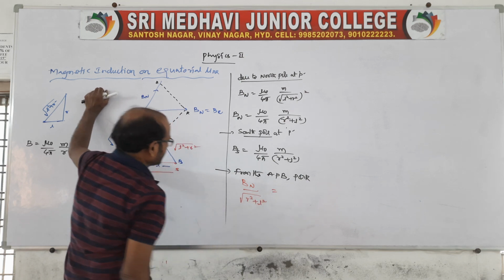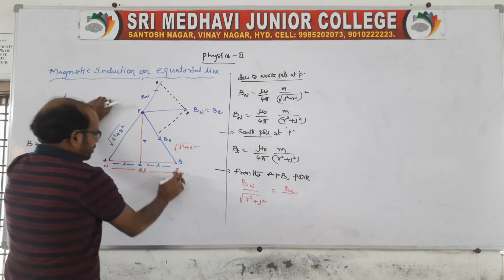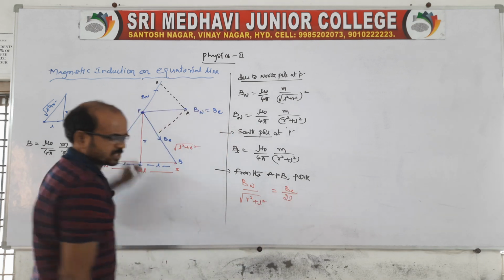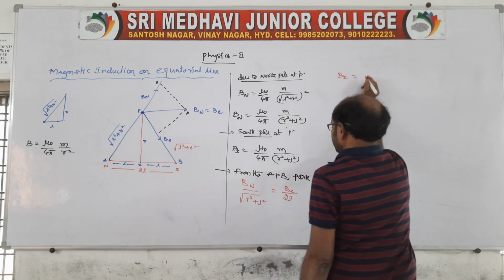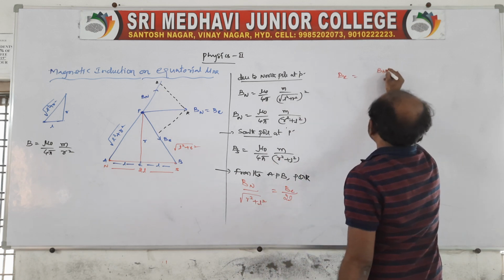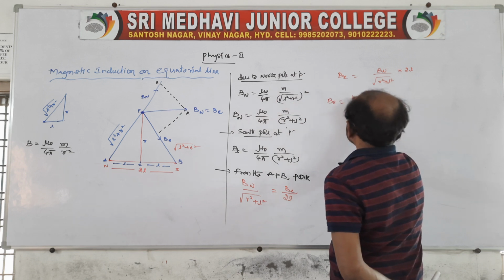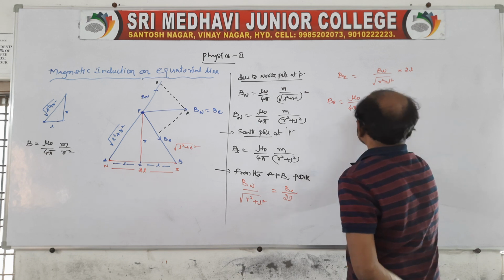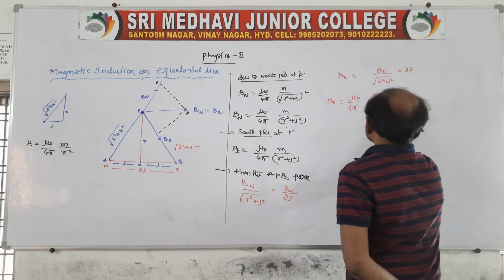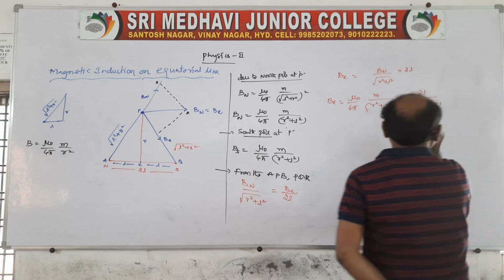I think everyone knows this, right? And this length, B equatorial, which we need to find, by this length, which is given as 2L. Of course, it is almost at the end. Now we write B equatorial is equal to cross multiplying: BN by root over R square plus L square into 2L. We know due to the north pole, B equatorial is equal to mu naught by 4 pi into small m by R square plus L square into 2L by root over R square plus L square. I think everyone is okay with this.